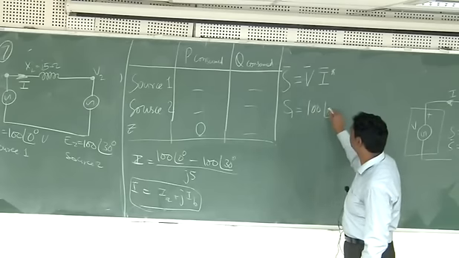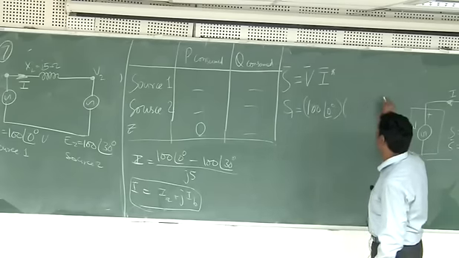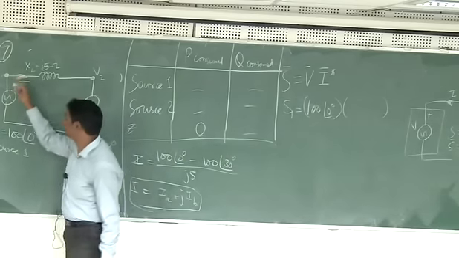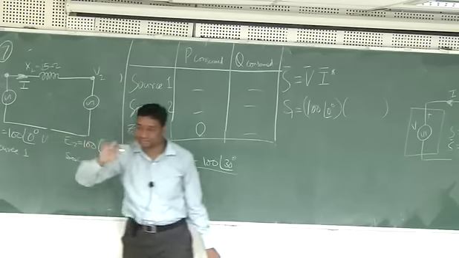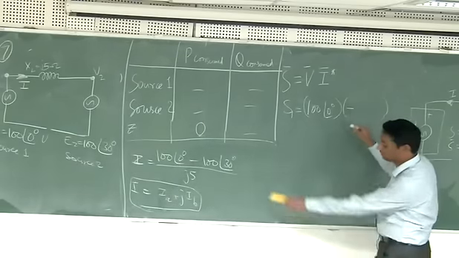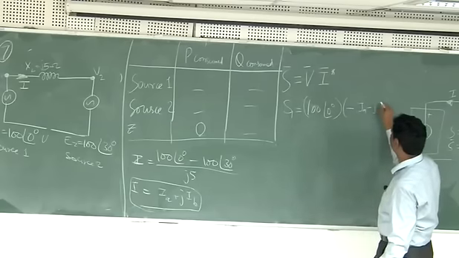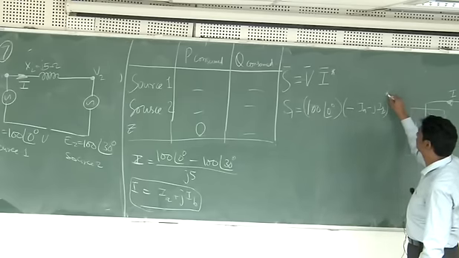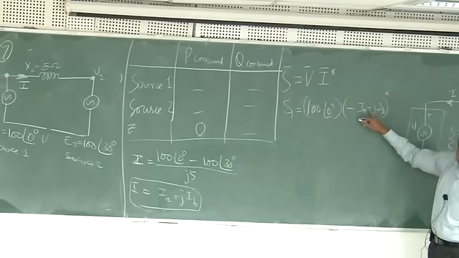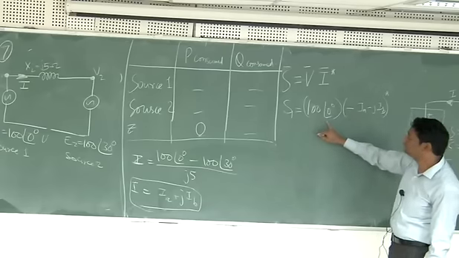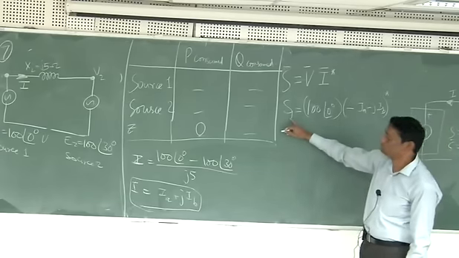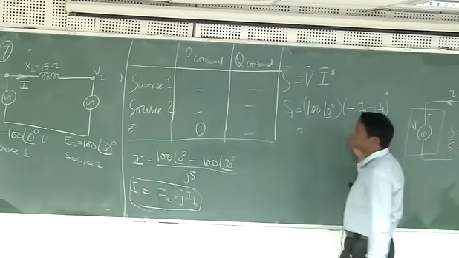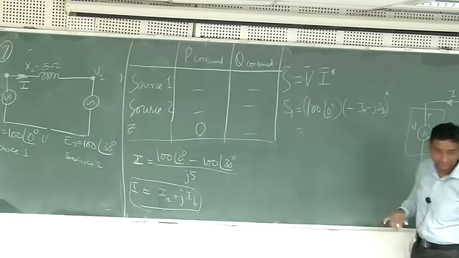100, 0 degrees. So this is 1. Now what should I use? Because the I is going outside the box, if I consider a box like this, I have to just use the minus I. So use minus, and then whatever IA minus J IB values you get here, you do like this and then take the conjugate of this. When you take the conjugate, this will become plus again. Then this is 100 plus J0, then you multiply, and you will get the value of S. That number you directly copy here, and the reactive number you can directly copy here. That is your answer.